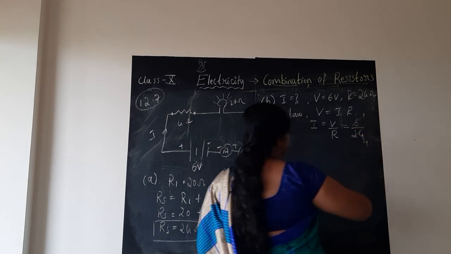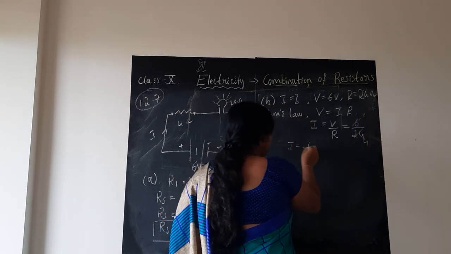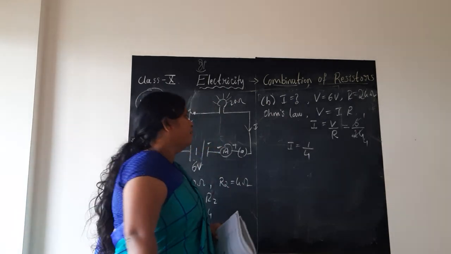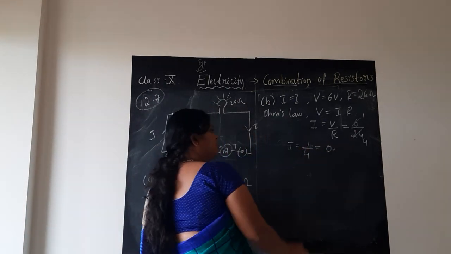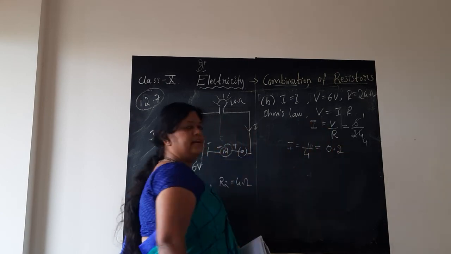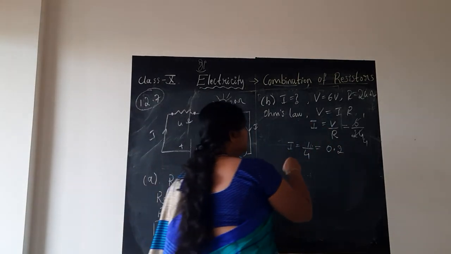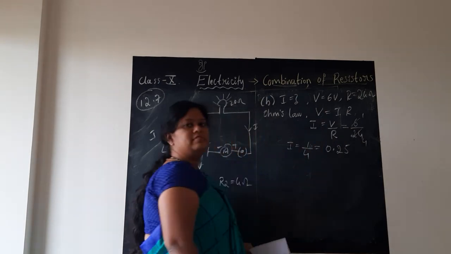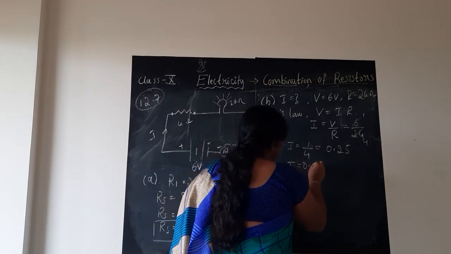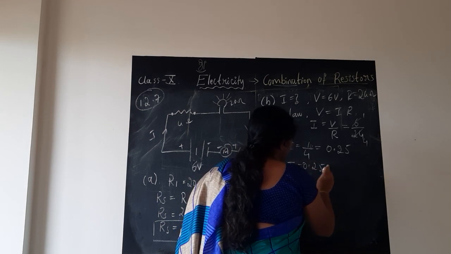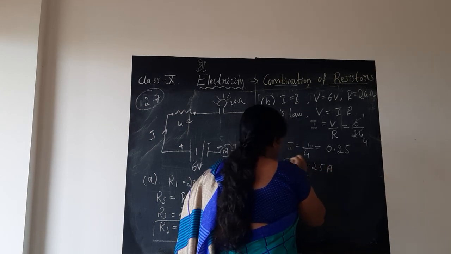6 ones are 6, 6 fours are 24. Current is 1 by 4. 1 by 4 means that 1 cannot be divided by 4, so we write 0.8, no, we write 0. 4 2s are 8, remainder 2, the point is there, take 0, 5. 4 5s are 20. That part of the calculation and all, you should be very fast, children. So we got 1 by 4, current is equal to